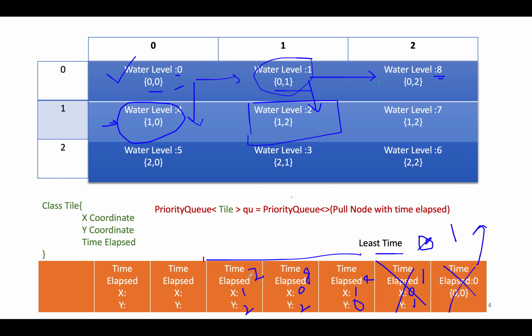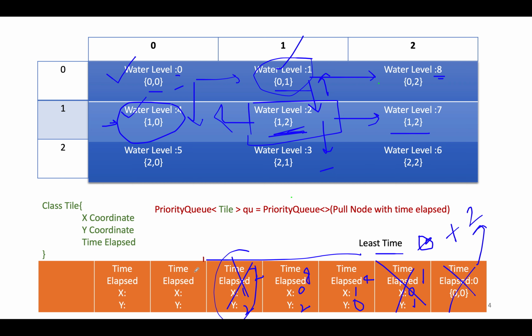Out of these two, which one is the least time elapsed? This one. So this is gone, and we'll update our least time from 1 to 2. If you are at this particular node, in which all directions can you go? Right, bottom, left, up. So up is already visited, 4 is already there in the priority queue. You can't go in these two directions. You only have right or bottom.